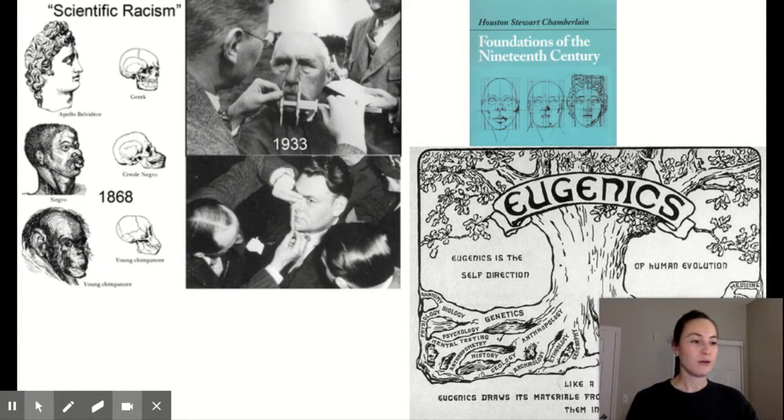Another thing I want to talk about quickly here is the eugenics movement, which also sprung forward from social Darwinism. The eugenics movement has a goal to improve the genetic quality of human populations. And so in the late 1800s and early 1900s, and even into the mid 1900s, we saw different countries, different groups of people attempting to improve the genetic quality of a population by either encouraging the fit to reproduce or discouraging the unfit from reproducing.